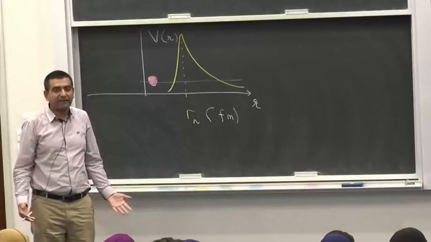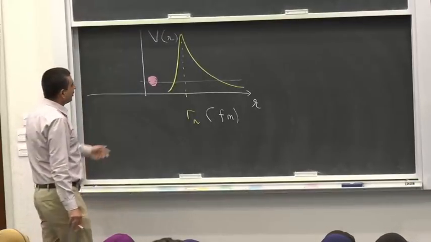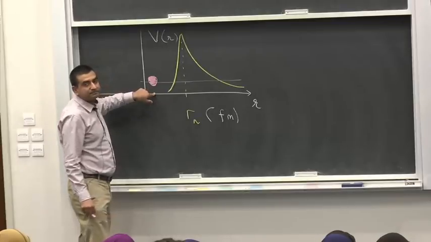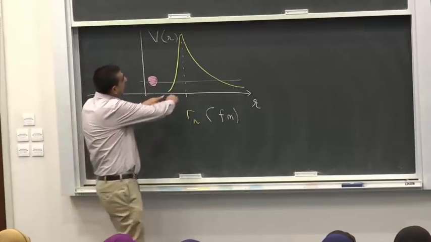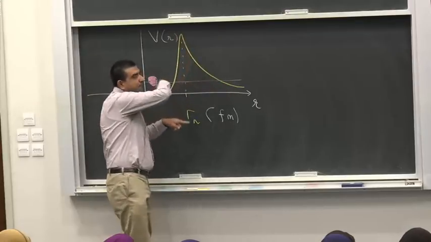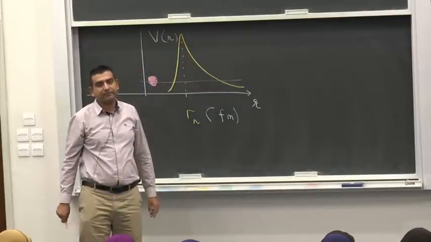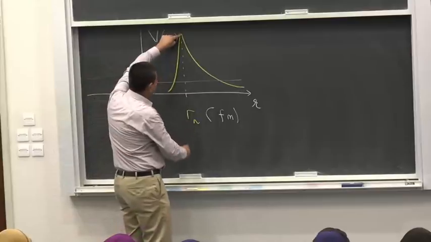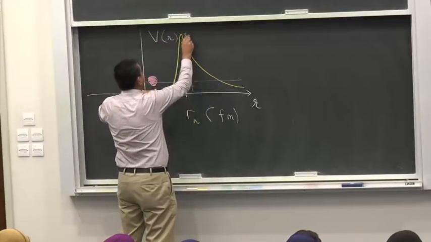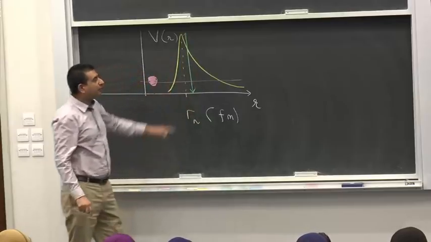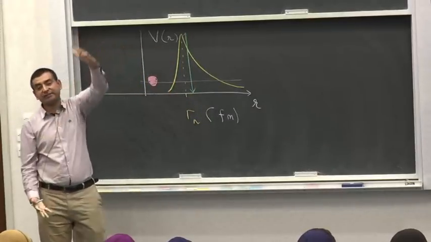Okay, so it can have a higher kinetic energy because the potential energy is low and it can exist inside the nucleus. Now this potential acts like a potential barrier,